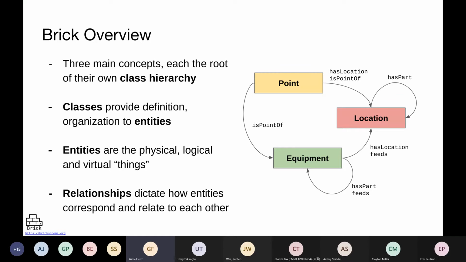The feeds relationship denotes the topology of the system and shows us which equipment are connected to one another in order to deliver conditioned air or to remove exhaust return water out of a chiller system. Has part denotes composition, which locations are made up of other locations, which equipment are made up of other equipment. And then lastly, has location, which tells us roughly where things are located.